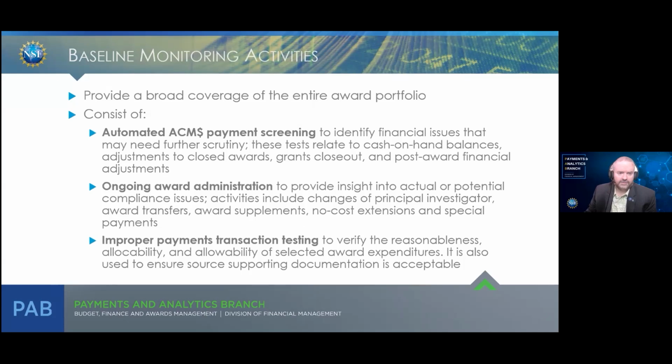We also have other baseline monitoring activities that our branch is responsible for. These are intended to provide a broad coverage of the entire award portfolio. Some of these monitoring activities include automated ACMS payment screening, and we also perform a sampling of payment testing to